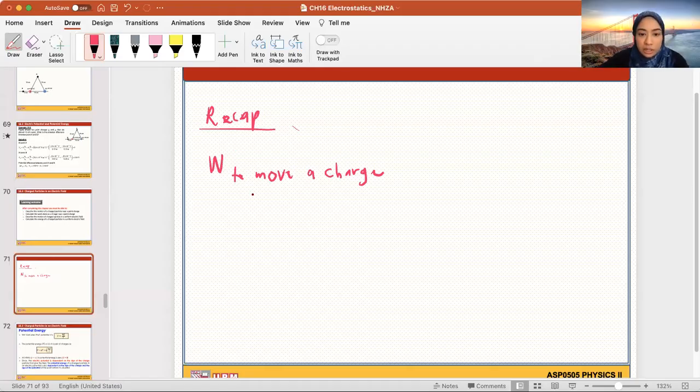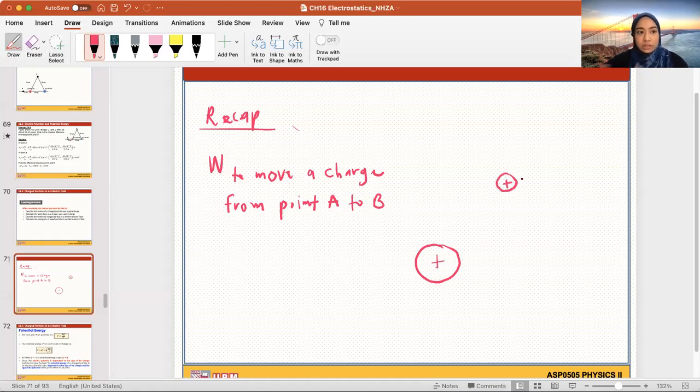The work done to move a charge from point A to B. Okay, so we have this is our source charge, let's say, and this is our test charge. The source charge is the one that gives us the electric field, whereas the test charge is something that we move towards the source charge or away from the source charge. Depends on the question. Okay, so when we move a charge from point A, we have seen this, point A